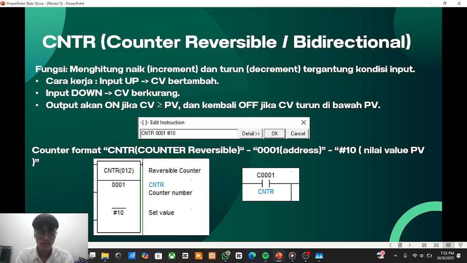This function provides more flexibility than a normal up counter, especially in applications requiring bidirectional control or position tracking.